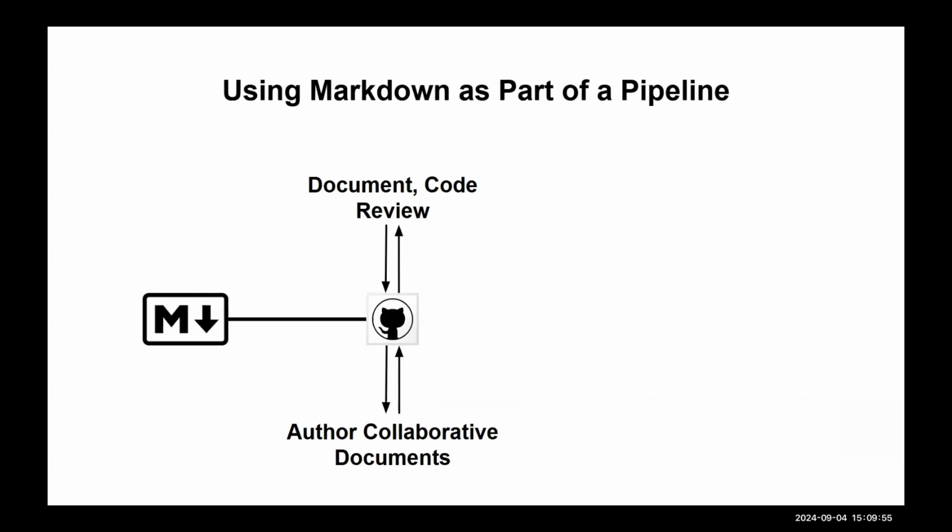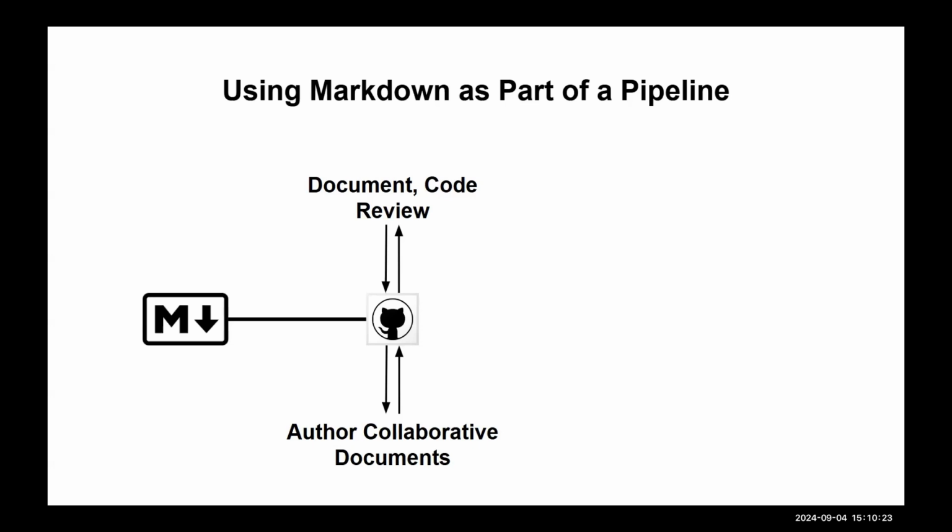So you could actually use Markdown also as part of a pipeline. Right now I'm going to describe a pipeline going from a Markdown file to something where I'm going to publish documents. The reason I'm showing you this is I want to take you from a very simple technological choice in your program to something you can do with it. But in order to do that, you need to coordinate all of the pieces.